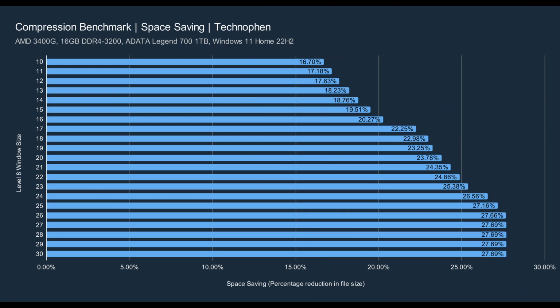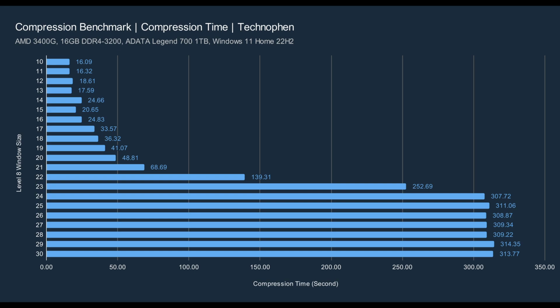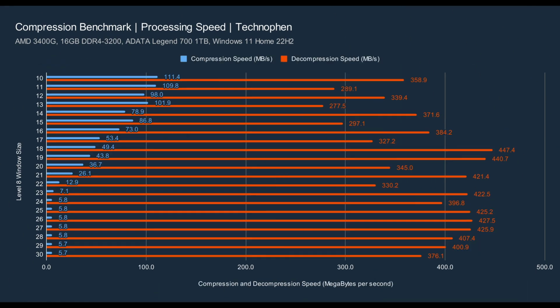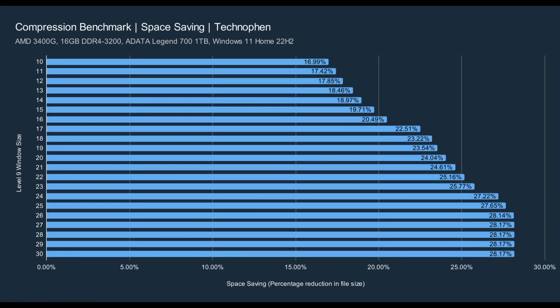Level 8 is also a minor step, maxing at 27.69%. Still, the window sizes of 27 to 30 seem to not deliver any difference. Processing times for higher window sizes are now doubled at around 300 seconds or 5 minutes, and processing speeds are now as low as 5 megabytes per second. Efficiency is more or less the same as before, except for the higher window sizes, which are halved compared to level 7. Level 9 is barely touching 17% of space saving at its minimum and